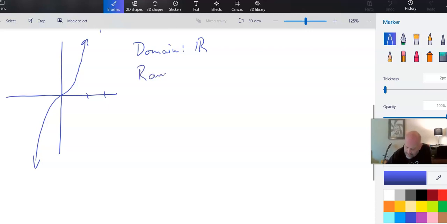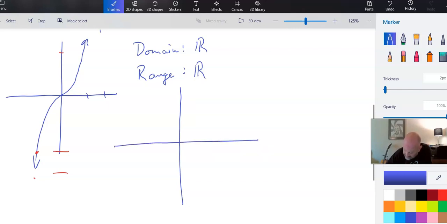The range, right? We want to ask ourselves, what are the y values we're getting out? And so if I look at this, I have y values. No matter how far down I go, there's a y value. This goes on forever in both directions. And so it turns out the range in this case is all real numbers, right? You can have other cases too, like